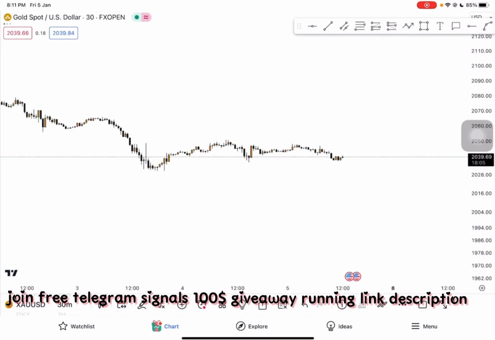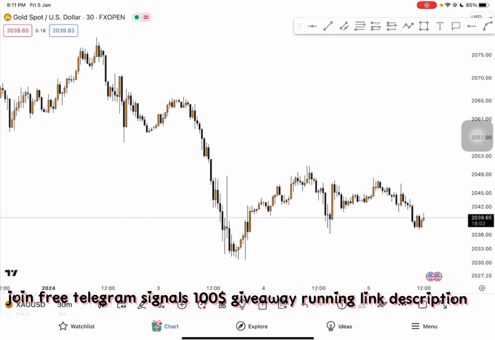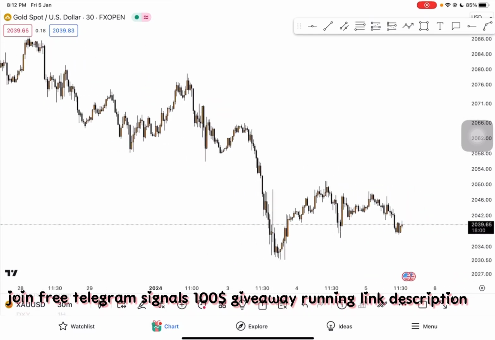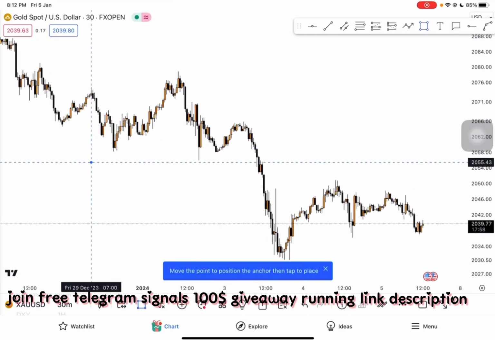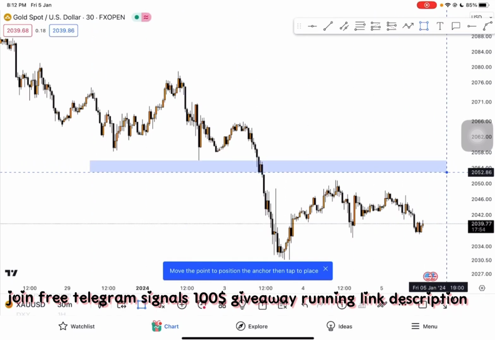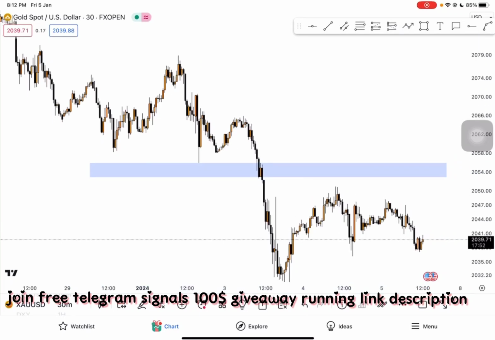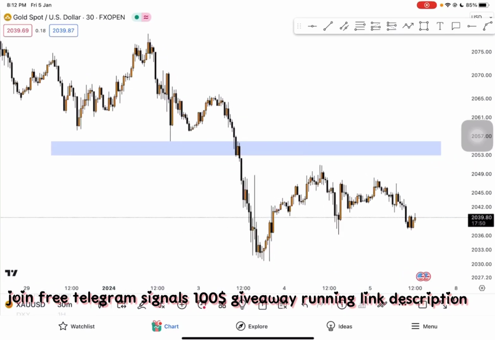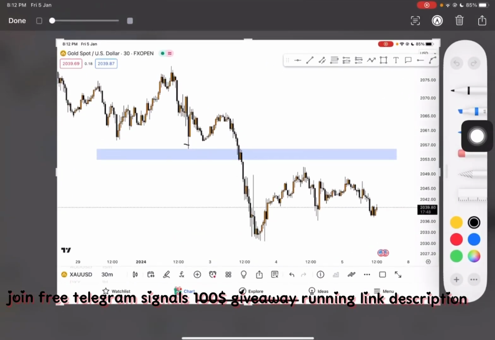What I see in M30, you got a supply zone right here. You can see the drop base drop, and also the retest right here. When the price retested this area, it went up, so this is valid. When you're making a drop base drop like here, it should be retesting.